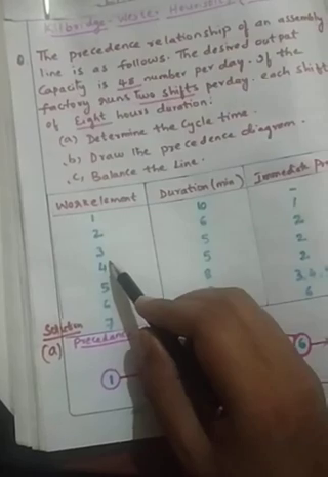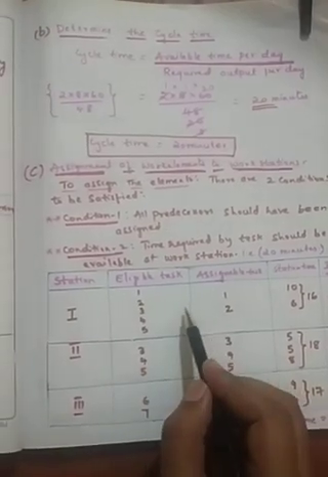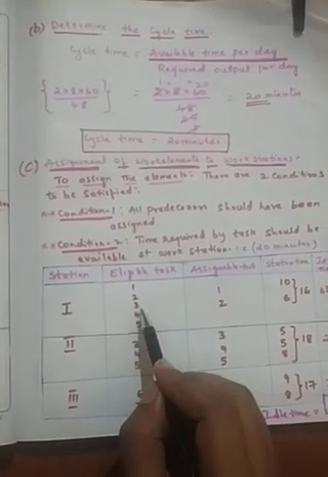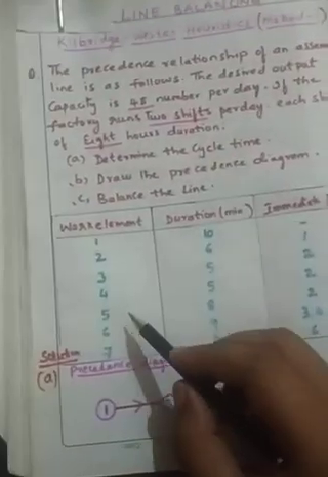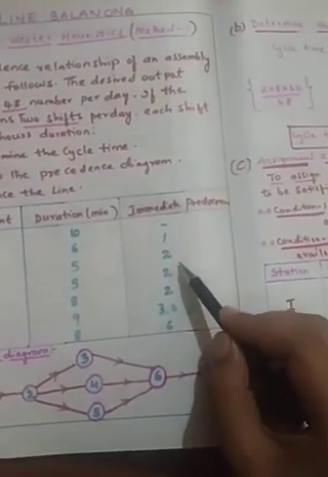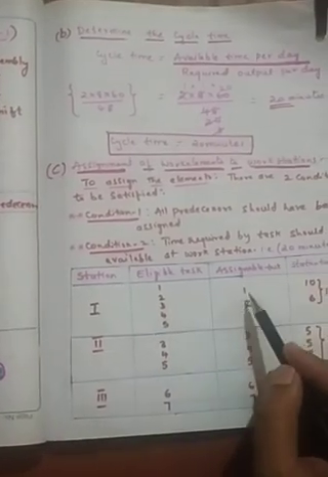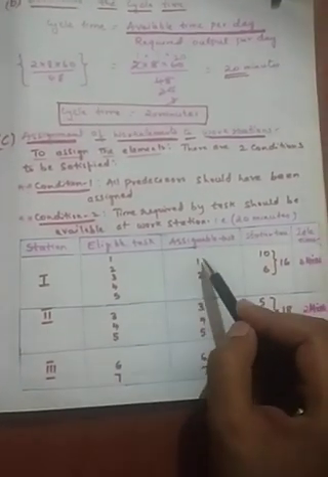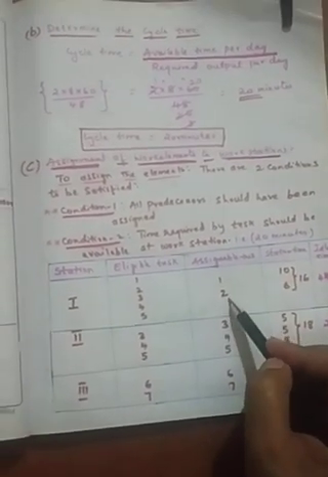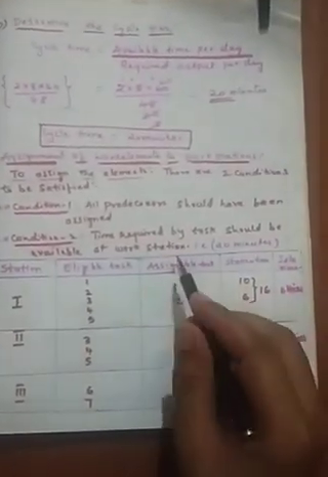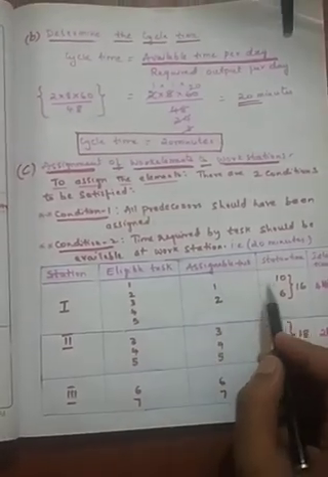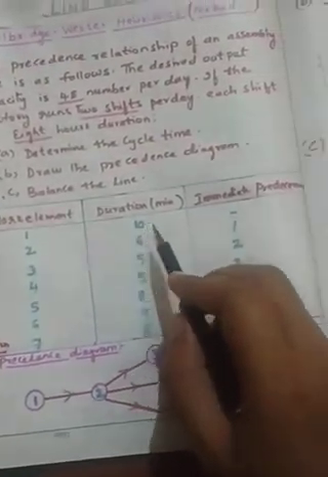Similarly, to start with 3, the second element is to be completed. So to start with 3, because second element is assigned, the third element is also eligible, because 3 4 5 are interrelated or connected with the second element only. So therefore 1 2 3 4 5 are the eligible tasks, whereas assignable tasks are only 1 and 2. Why only 1 and 2? Because work element, see element 1, here element 1, the duration is 10 minutes, right?